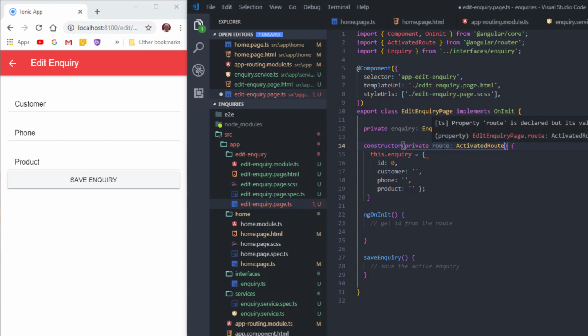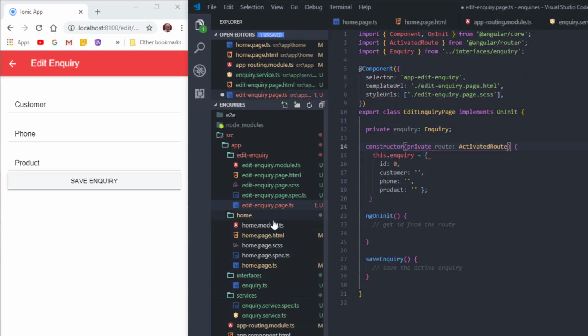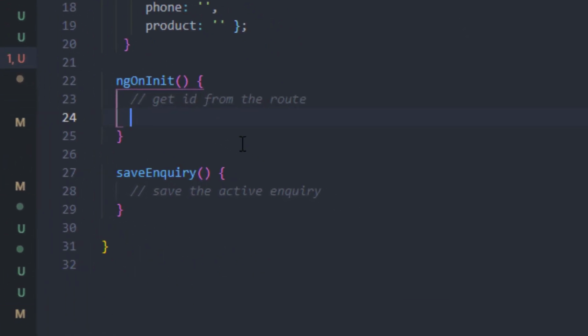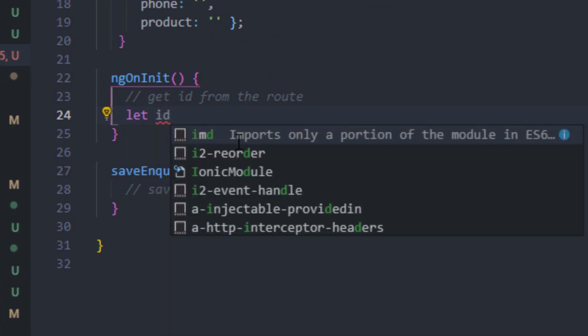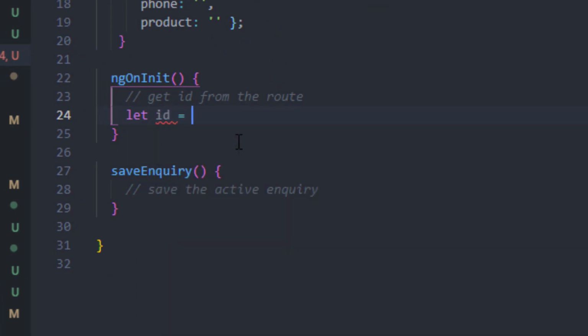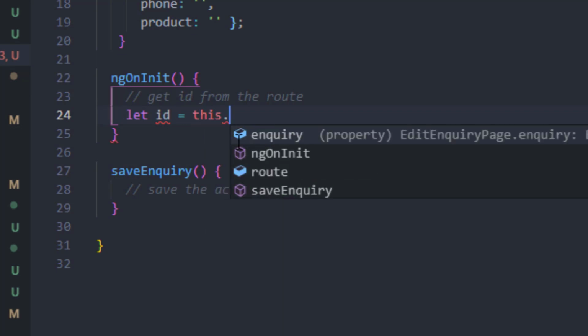We can use the route, which already, as you know, holds the ID that we've got going forward from the path that we did in here. We know it contains an ID. We can start to grab that out to get the data that's relevant. So back in the edit inquiry page, we're going to use this ngOnInit, and we're simply going to put a local variable, which we're going to call let id, is the name of our variable, equals this.route